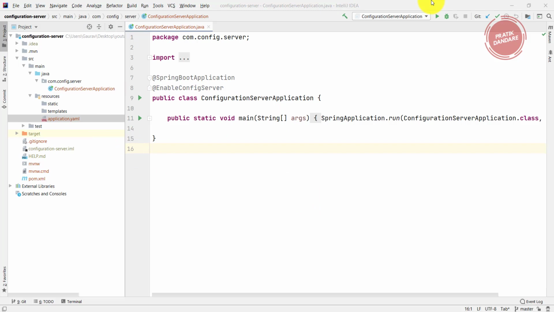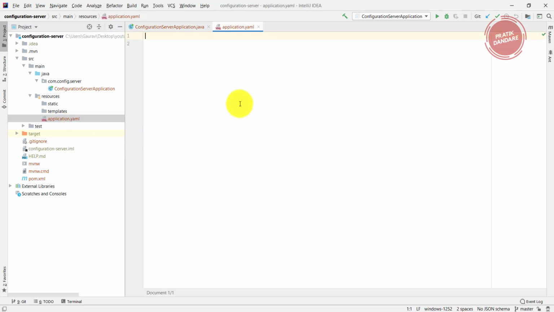So now let's put the properties inside the yml file. For that we need to open it. Actually, IntelliJ doesn't provide support for property suggestions in yml files, so that's why I just generated those files and put them somewhere.